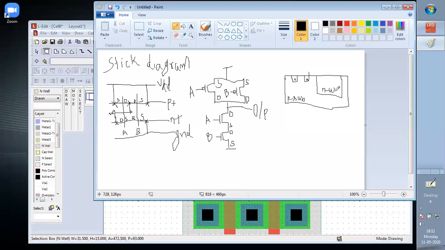Now, your question is, what is the difference between N select and N well? N select is used for doping of the source and drain, and N well is used for the doping of this N well. And inside this N well, we again dope with P plus diffusion, so that a PMOS will be created.